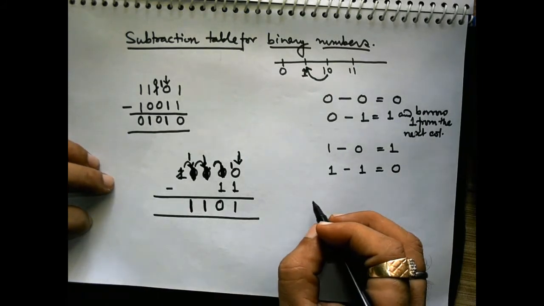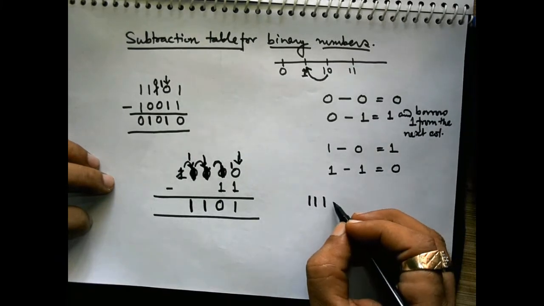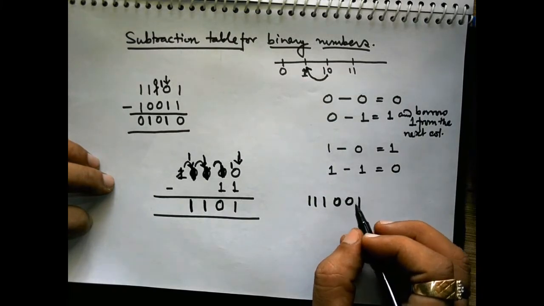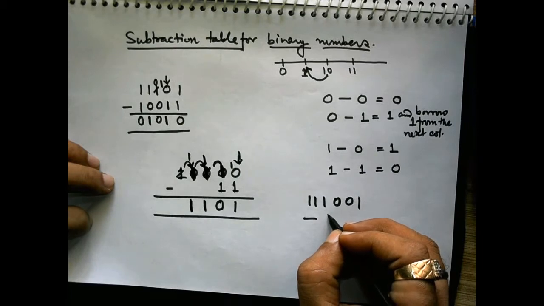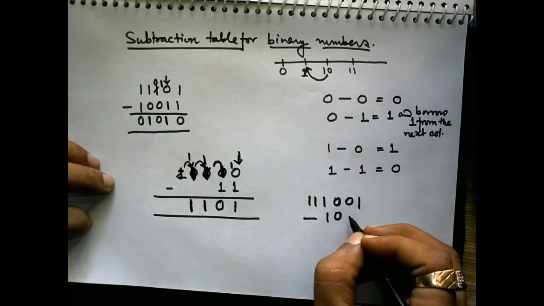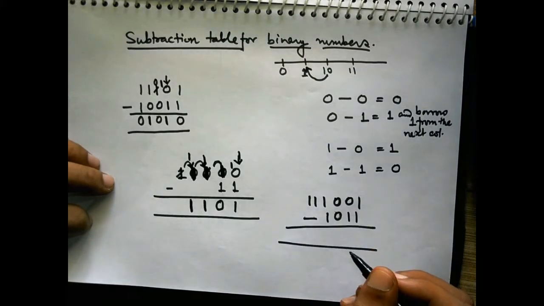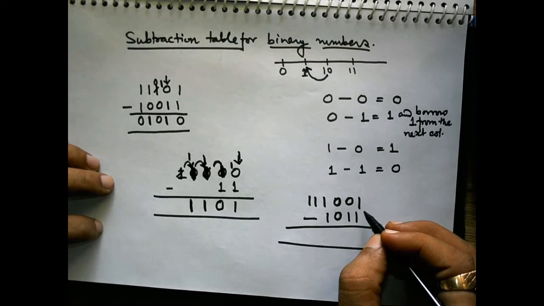Let us perform another example to make things more clear, 0 0 1 1 1 1 and then 0 0 1, and we have to subtract, say, 1 0 1 1 from this, just to make clear the flow of borrow. This first column,